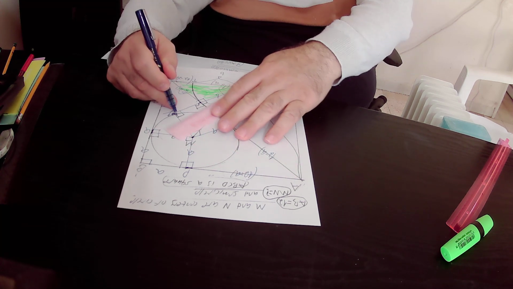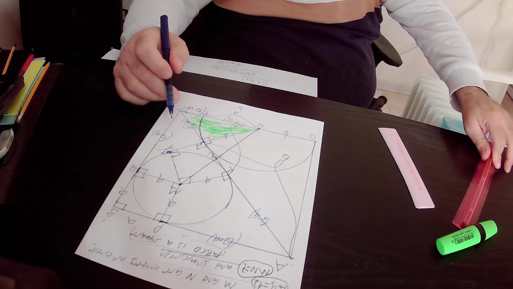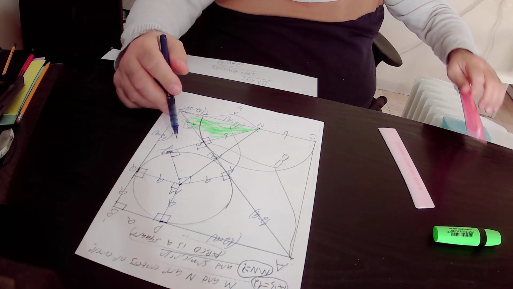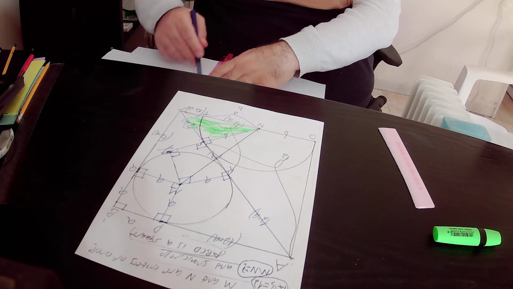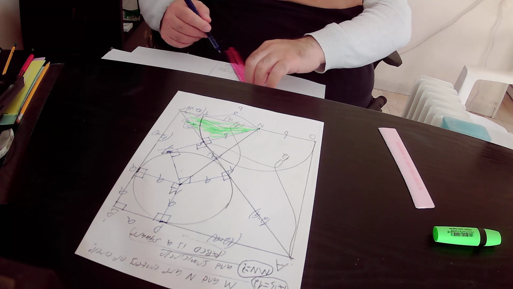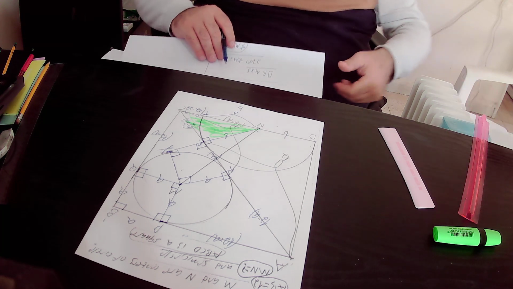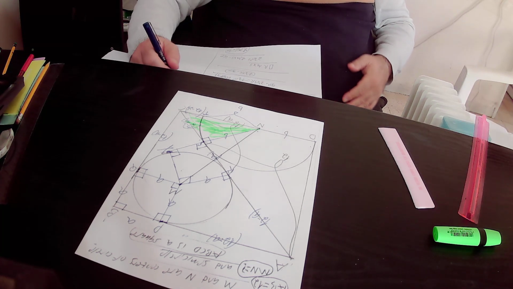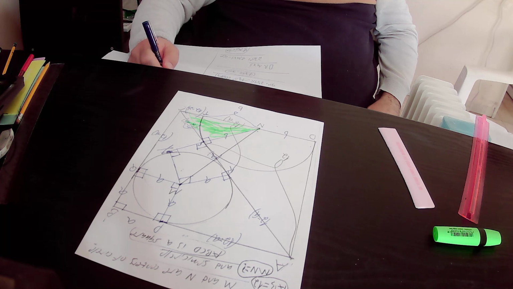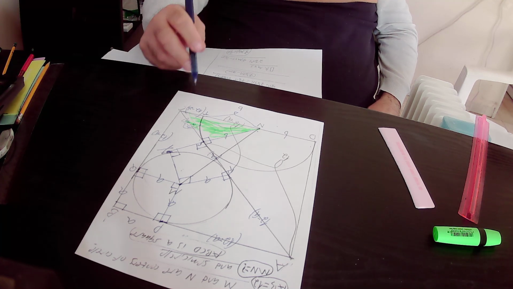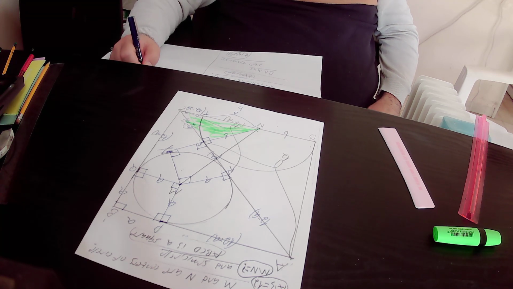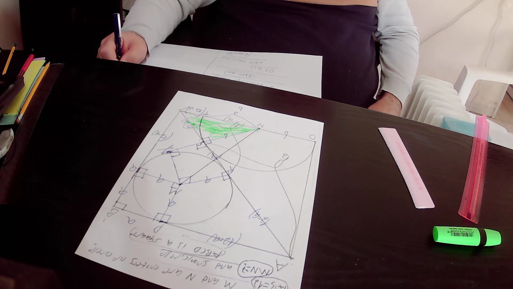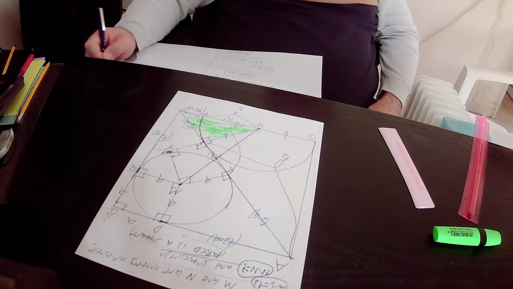So therefore quadrilateral RMXS has four right angles, and any quadrilateral that has four right angles is at least a rectangle. Okay, so we can write down that quadrilateral RMXS is at least a rectangle,